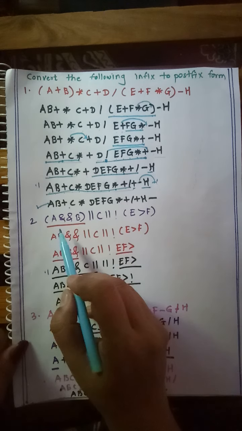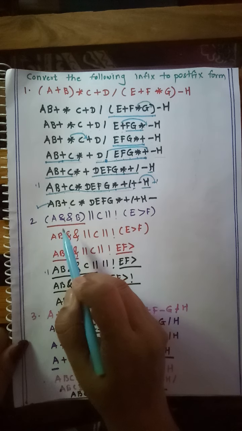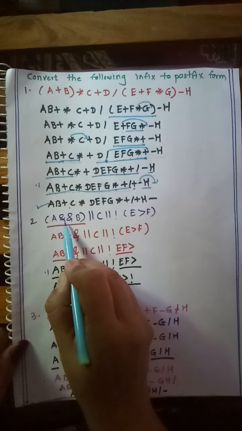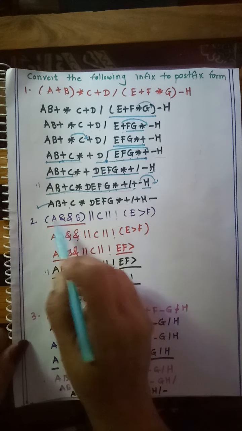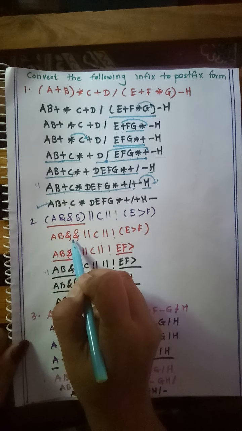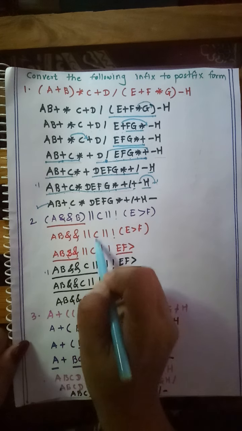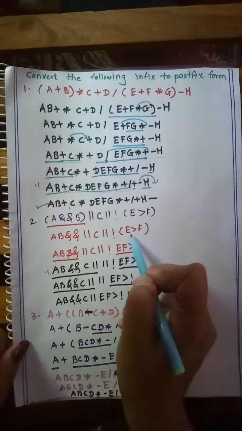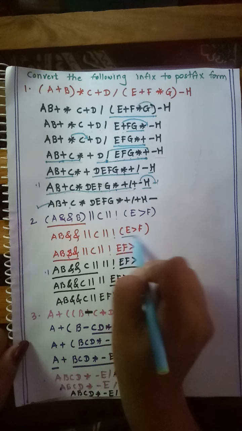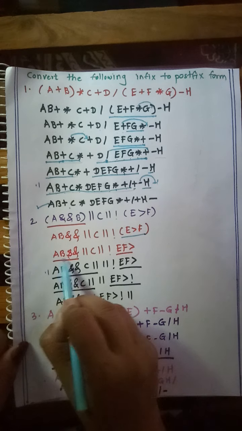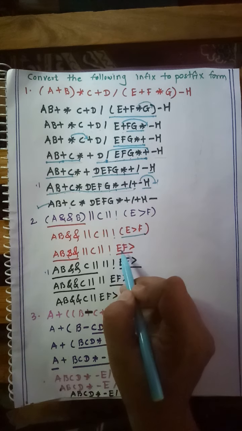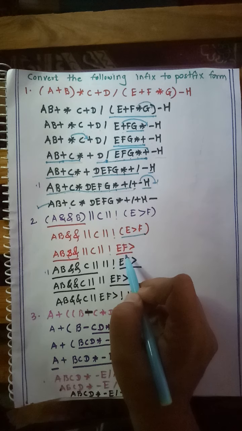Now in the second example, the logical AND and logical OR are used. When we solve this expression, we have to solve brackets first. Here in the second example, A logical AND B is in the bracket. Now this bracket will be solved first, then A B logical AND, or logical OR C logical OR not E greater than F. Next this bracket will be solved. So we write this expression as it is, and after solving this bracket, the expression will be E F and greater sign.